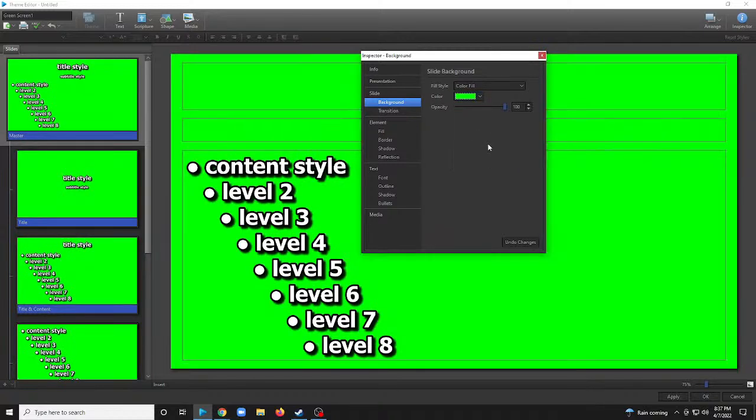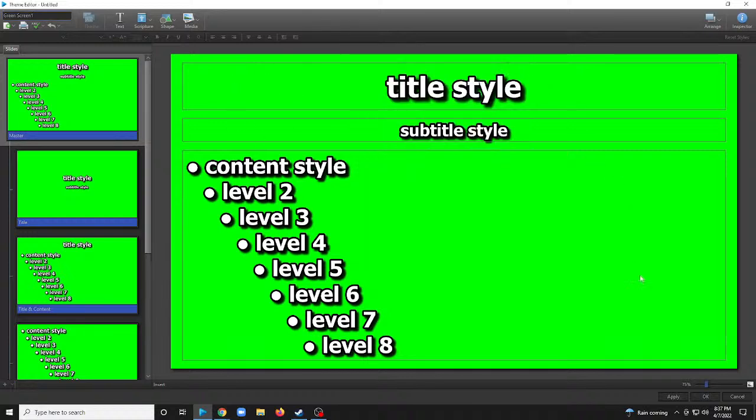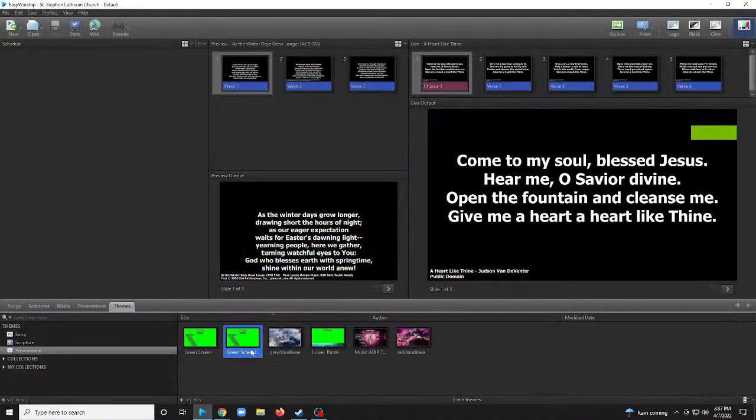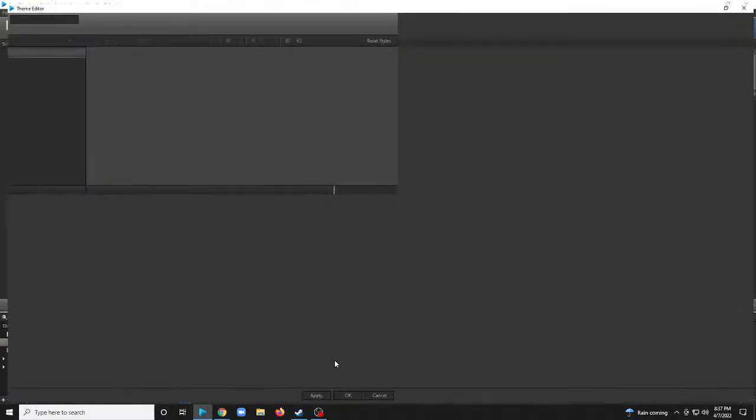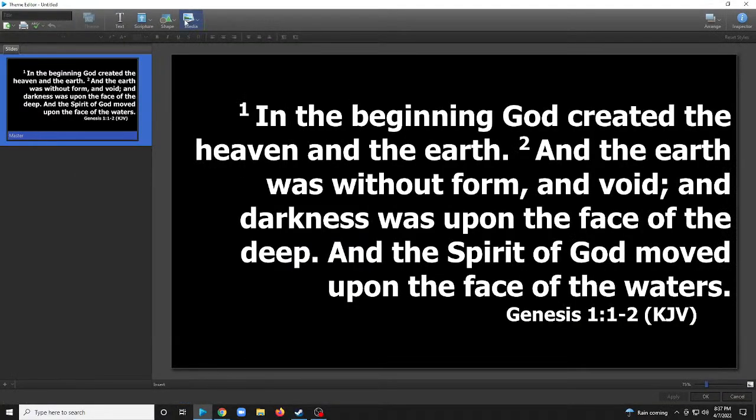And then the ATEM will automatically filter out this green, and then it'll display whatever you have on there. So you can go here, and it's important you hit apply, and that will save this, and you get OK. And then down here, you'll have your green screen theme. You can do the same thing for scripture, if you want to have a theme for your scripture,